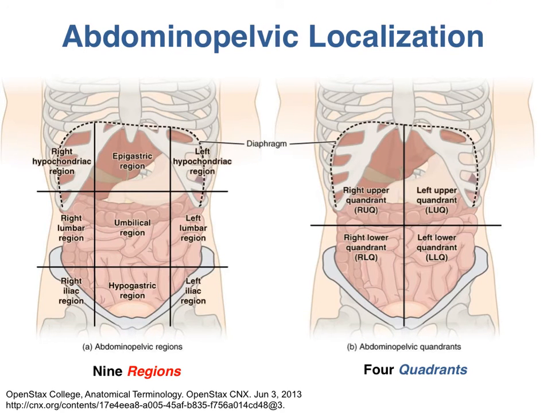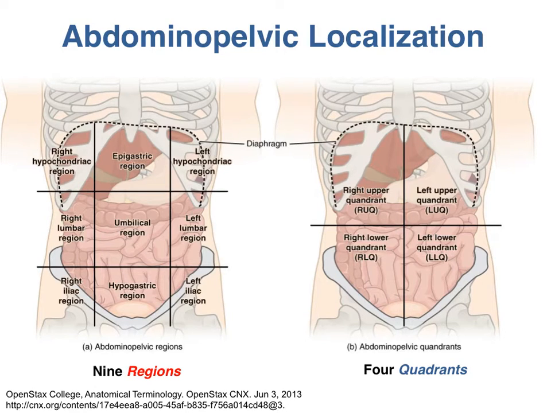Now we can discuss the abdominal region of the trunk or the pelvic region of the trunk, but that's a pretty big area. So when you're locating wounds or pain on the abdomen or the abdominopelvic regions, they can be located according to either a set of 9 regions or a set of 4 quadrants. The quadrants are pretty self-explanatory. You always use the patient's left and right, so the right upper quadrant is on the patient's right, left upper quadrant, right lower quadrant, and left lower quadrant.